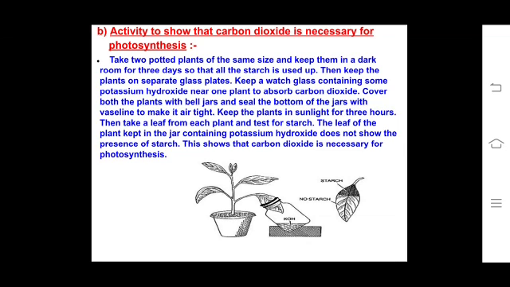The water used in photosynthesis is taken up from the soil by the roots in terrestrial plants, that is, land plants. Along with water, other materials like nitrogen, phosphorus, and iron are also taken up from the soil. Nitrogen is very essential for proteins and other compounds, and it is taken in the form of nitrates and nitrites. And sometimes it is also fixed by bacteria by the process known as nitrogen fixation.